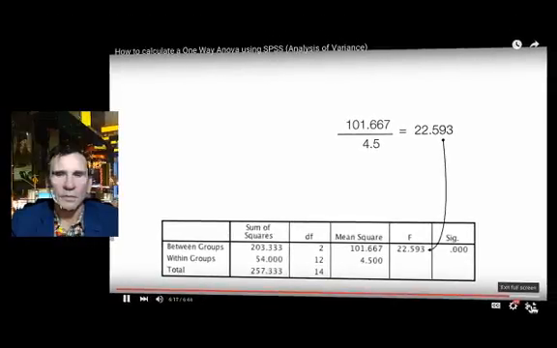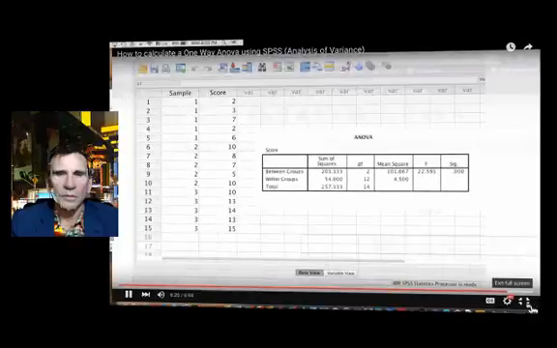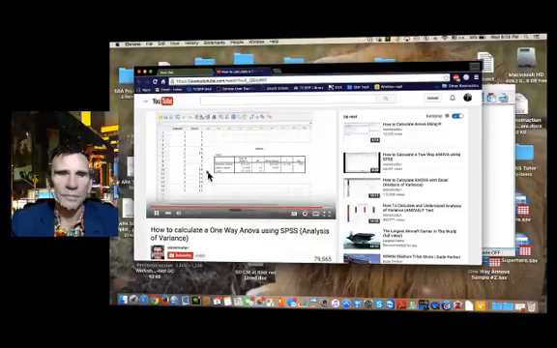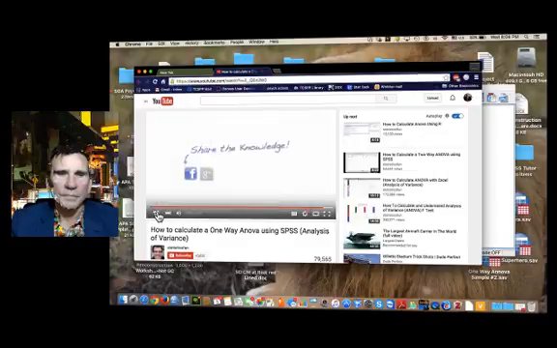And this has just been an introduction to calculating ANOVA using SPSS. Not meant to be complicated, meant to be simple. Do watch the